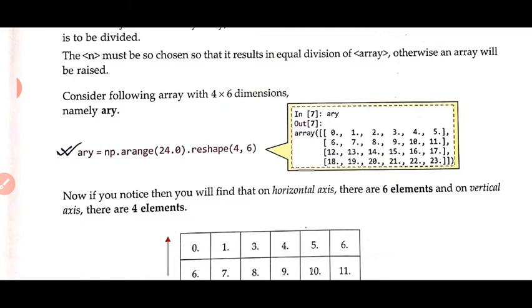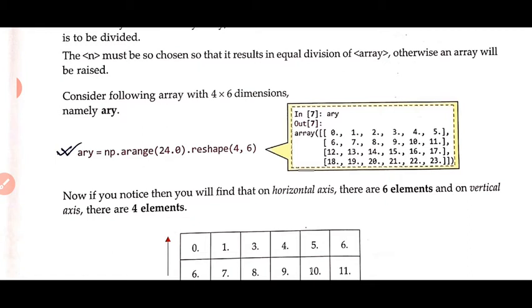So arange will create a one dimensional array. Okay, keep in mind, arange will create a one dimensional array or a vector array till the given length minus 1. So you can see all the elements of ARY are 0 to 23.